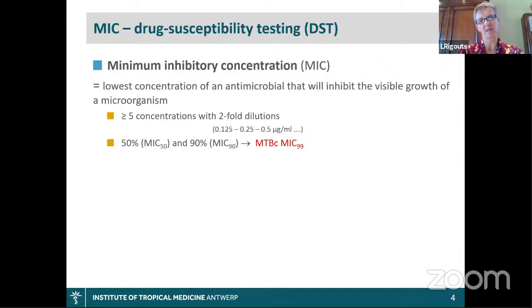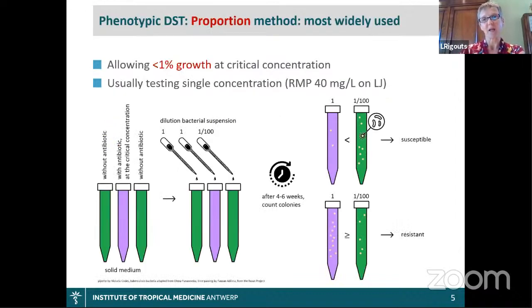And typically, we test at least 5 concentrations with 2-fold dilutions. In bacteriology, often they test at which concentration 50% or 90% of the bacilli are killed, which is then referred to as MIC 50 or 90. But in TB, we typically test MIC 99. And this is mostly associated with the testing of the standard phenotypic testing, which is usually done by the